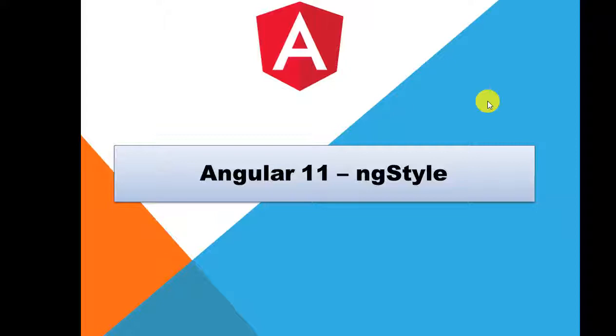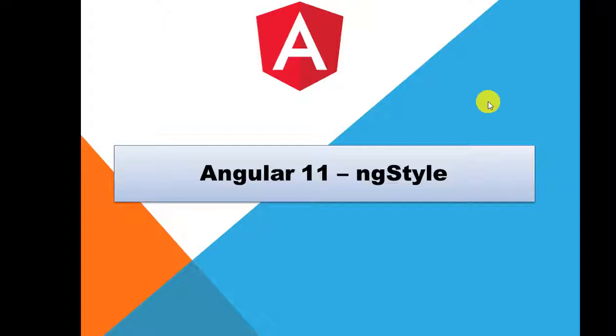Here in this particular video I'm going to explain about ng style, how you can implement ng style on your HTML control. In the previous video we have seen how you can get the data from your registration page or any page where you have some input box, and then on the button click or on any change event you would like to get the data from those HTML controls. I'll paste the link in the description box if you have not visited yet.